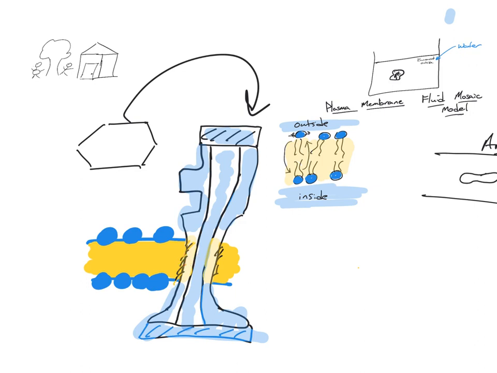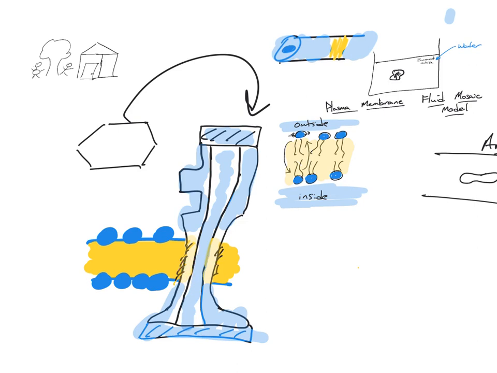Correct? Now inside the tube, this is a drawing of a tube. If I were to draw it sideways, it would look like this, right? So let me redraw this. If I were to draw the tube, it would look more like this, where the inside would be blue, and the area where it's stuck in the membrane would be yellow. But then this end would be all blue, and this end would be all blue. Does that make sense? That way you can get the protein stuck in the middle.